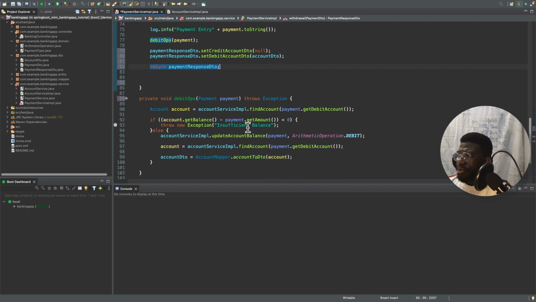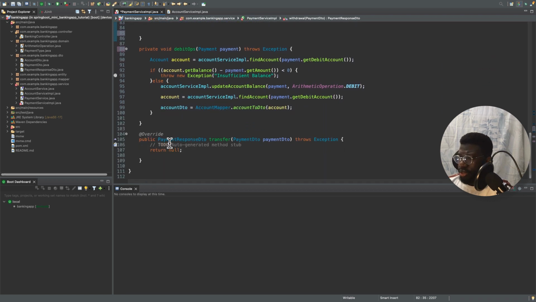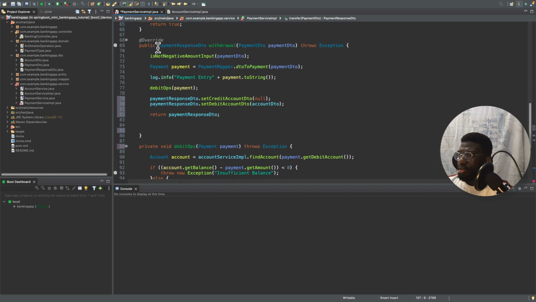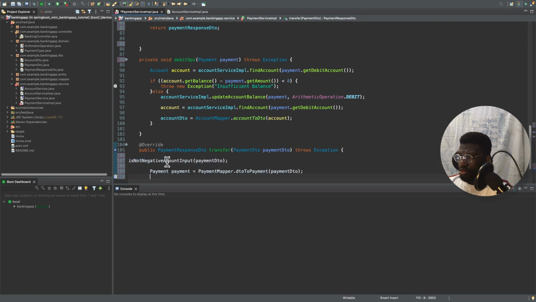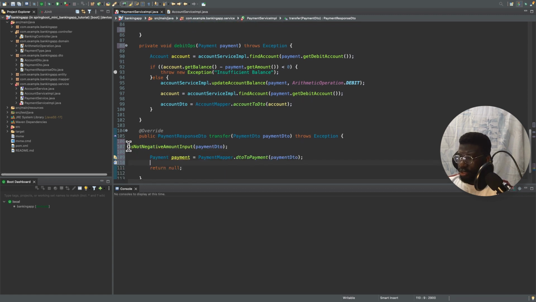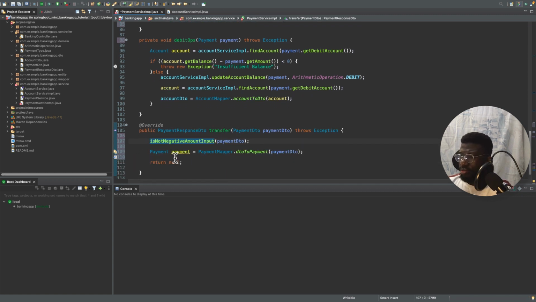And so now I can go to the transfer method. I'm just going to take this off. First, let's get the check that it's not a negative input. Now, after checking that it's not a negative input,